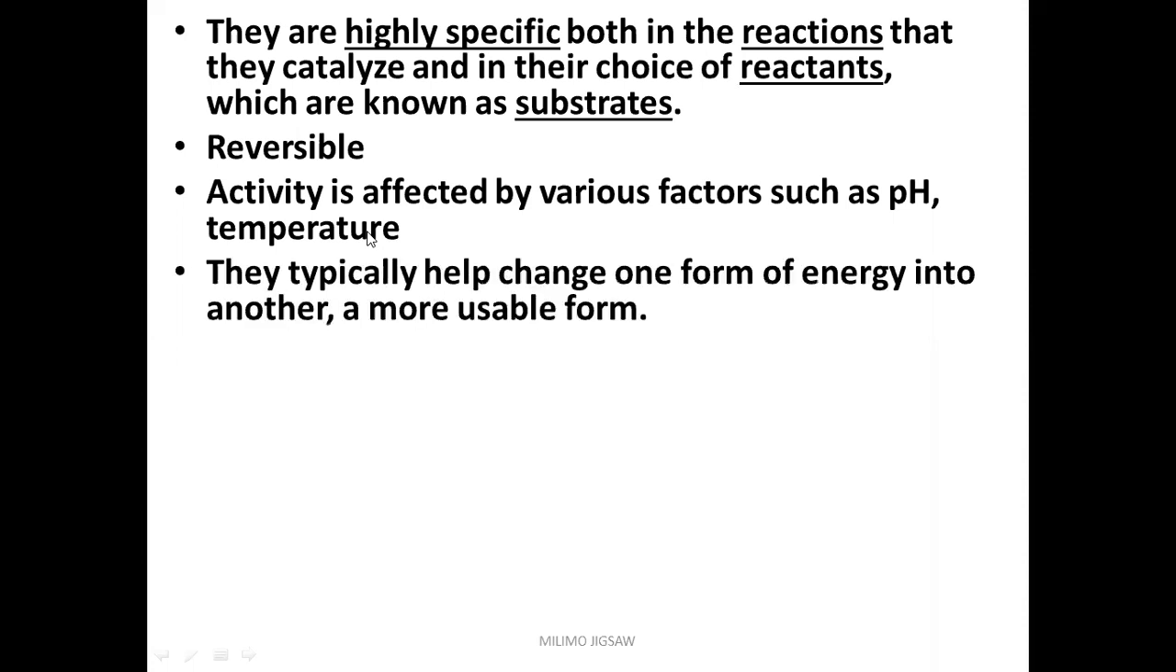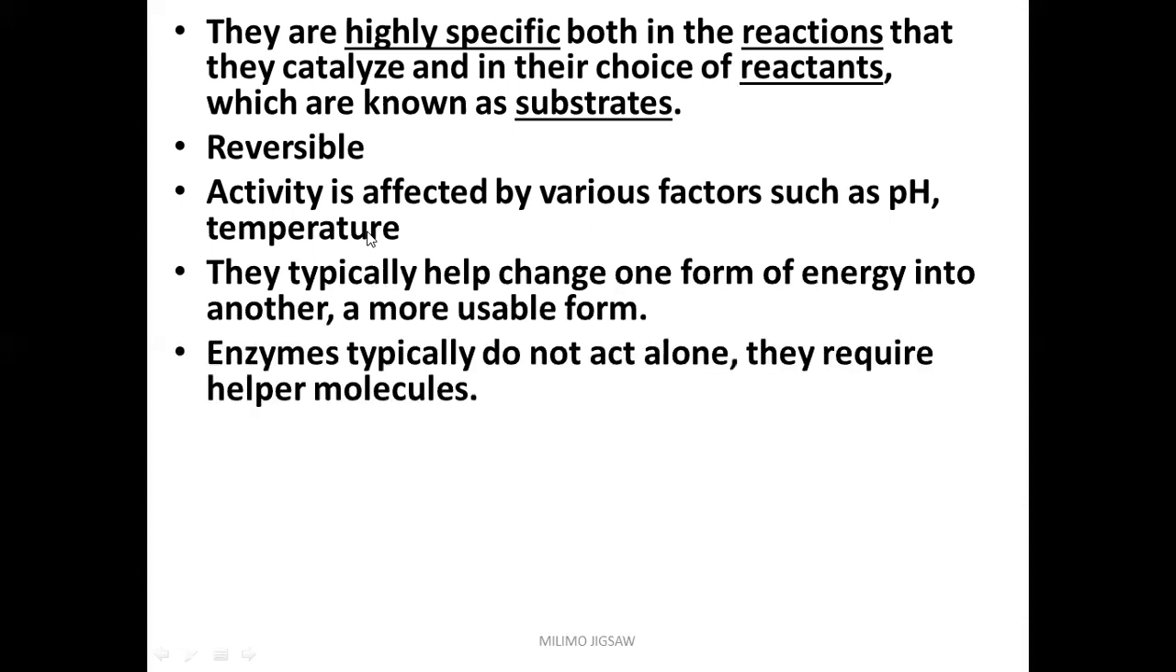We said that activities are affected by various factors, for example pH, temperature, and other factors that we're going to look at later. Then we said that